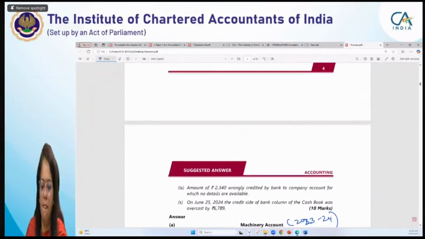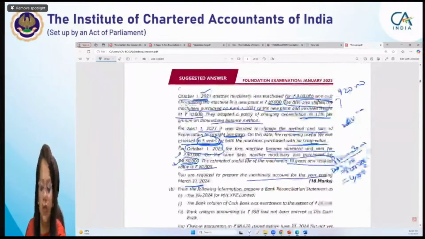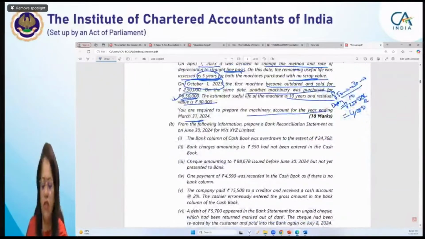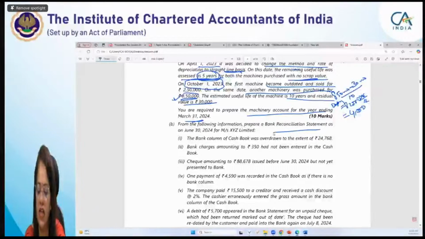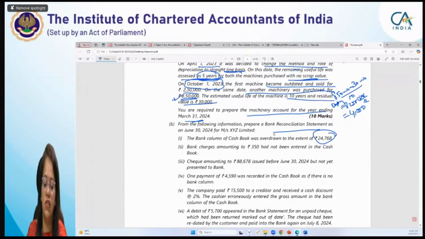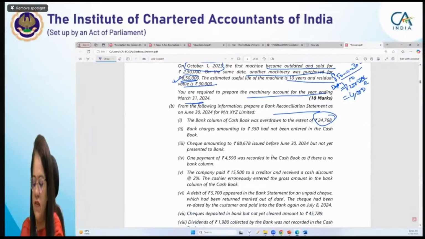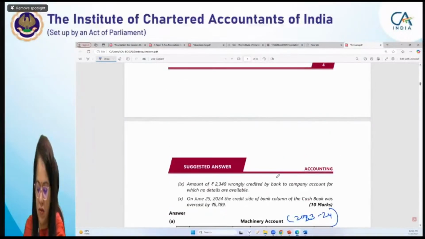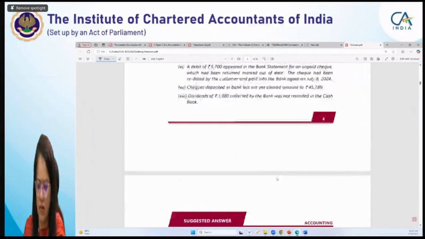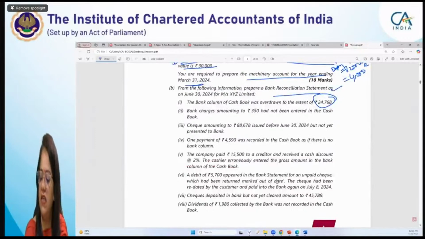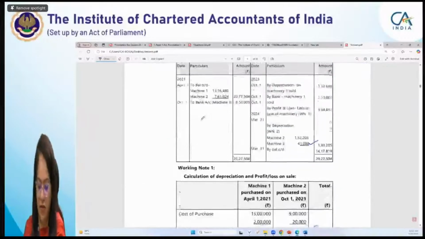ठीक है। Coming to the next question, this is a very good question. Coming to the next question is, prepare the bank reconciliation statement. The bank column of the cash book was drawn is 24,768. इसके अंदर आपको रिकंसिलिएशन स्टेटमेंट ही बनानी है। उसने क्वेश्चन में सिर्फ बैंक रिकंसिलिएशन स्टेटमेंट बनाने को बोला है, तो आप रिकंसिलिएशन स्टेटमेंट ही बनाइए। ये देखिए,